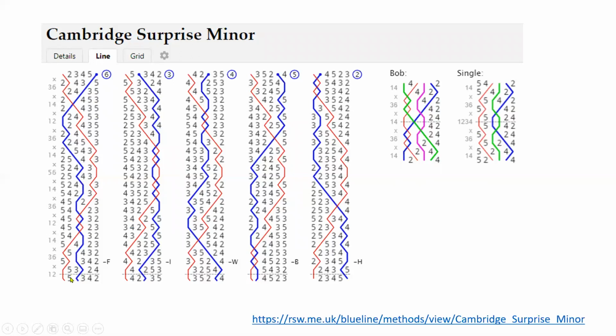The bell in seconds place stays where it is. The bells in thirds and fourths place cross. The bells in fifth and sixth place cross. What happens at the bob up here on the right is, if you just focus in on these two rows when the treble is leading,